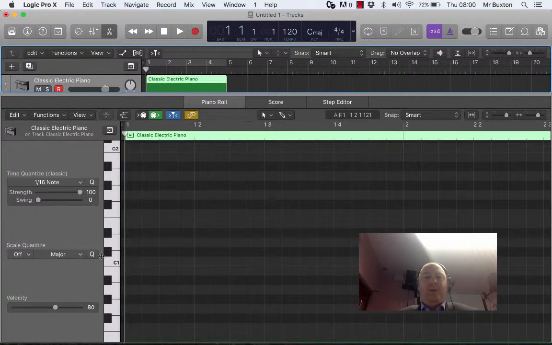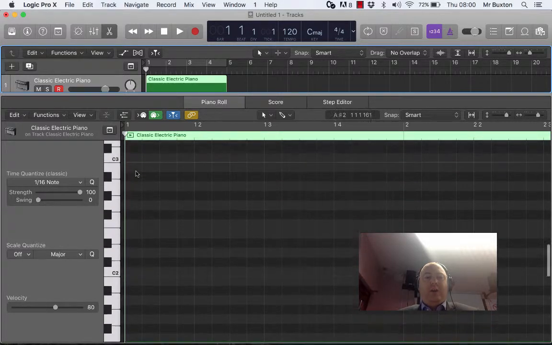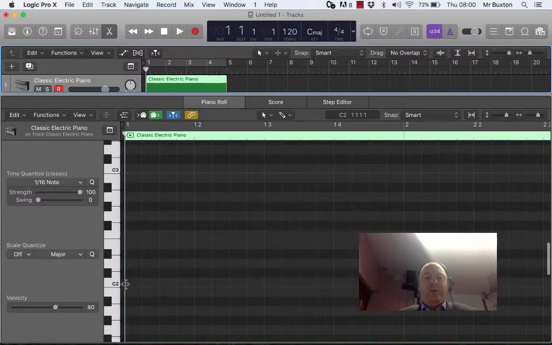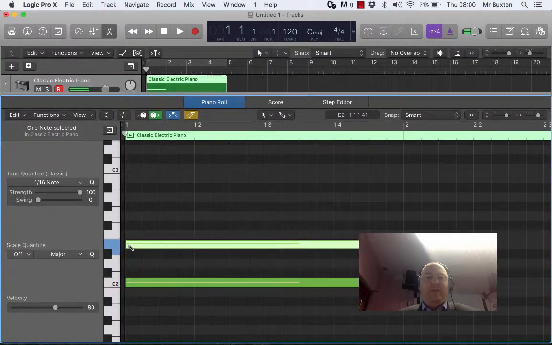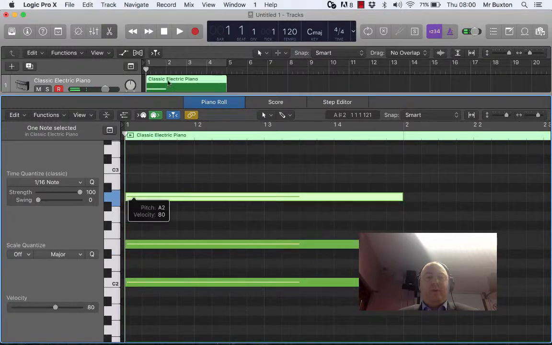So at the moment, if I press command, or if you're on a Windows machine keyboard, it's the Windows button, and I'm going to put my chords in, and so I'd like my chords to be around here, so I want to C. It puts it in as a very, very short note. If I lengthen that, what this allows the pen tool to do now is it will do every note at that length. So if we go back and have a little listen,